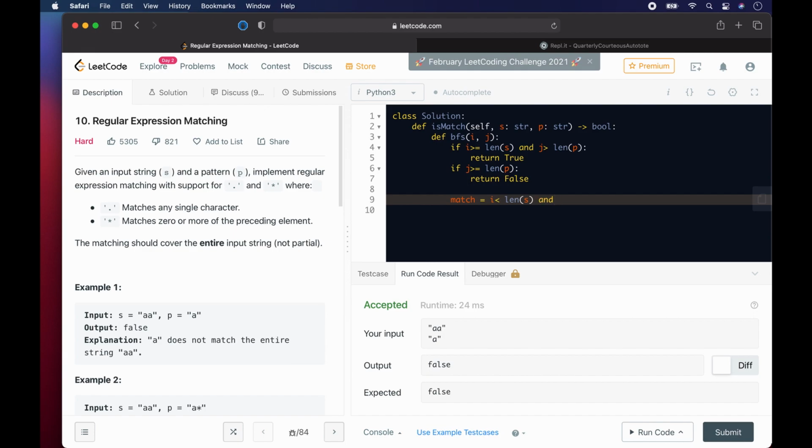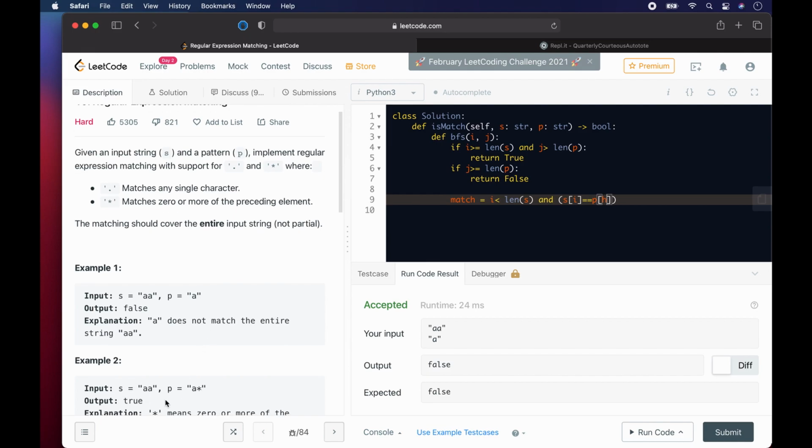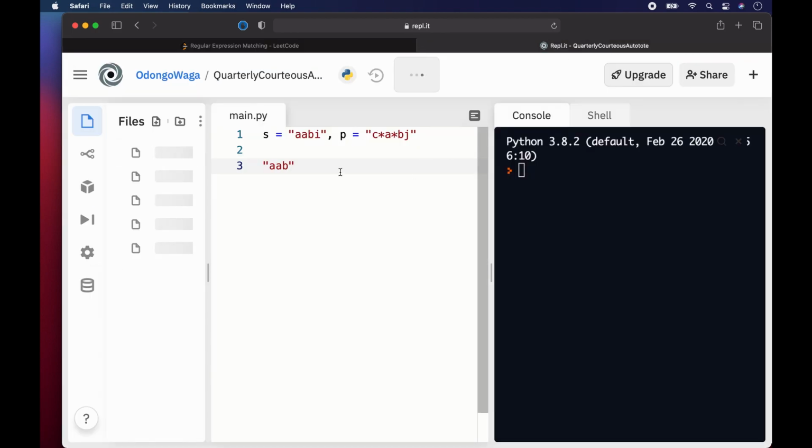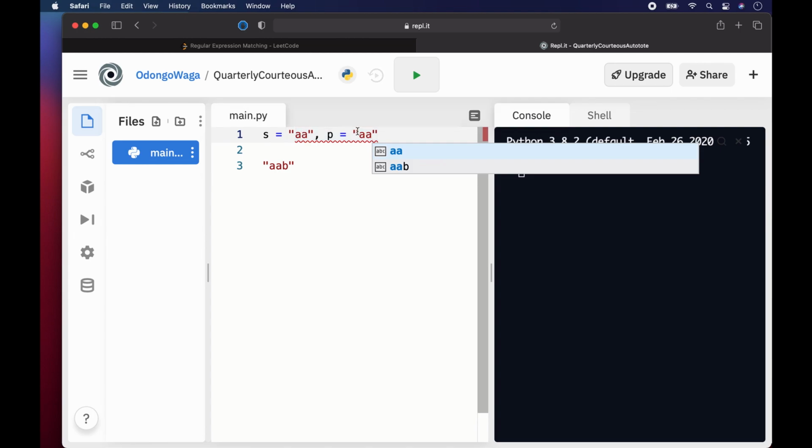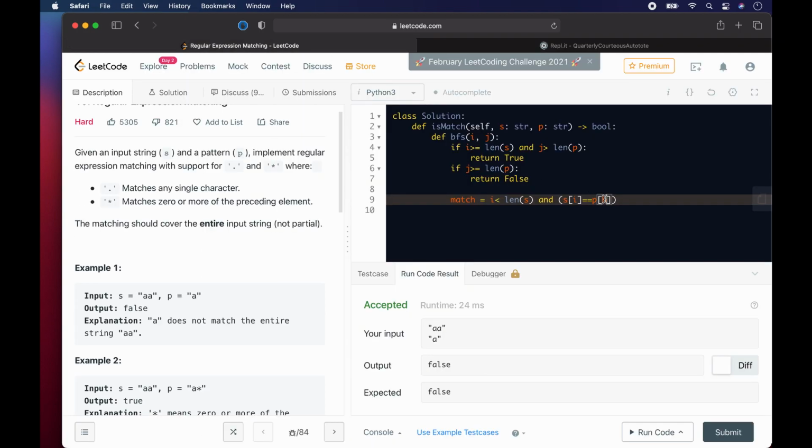And we check that the element at I is exactly the same as the element at J, right? In this case, let's say S is AA and P is maybe AA. So we say S at I is exactly the same as P at J, or